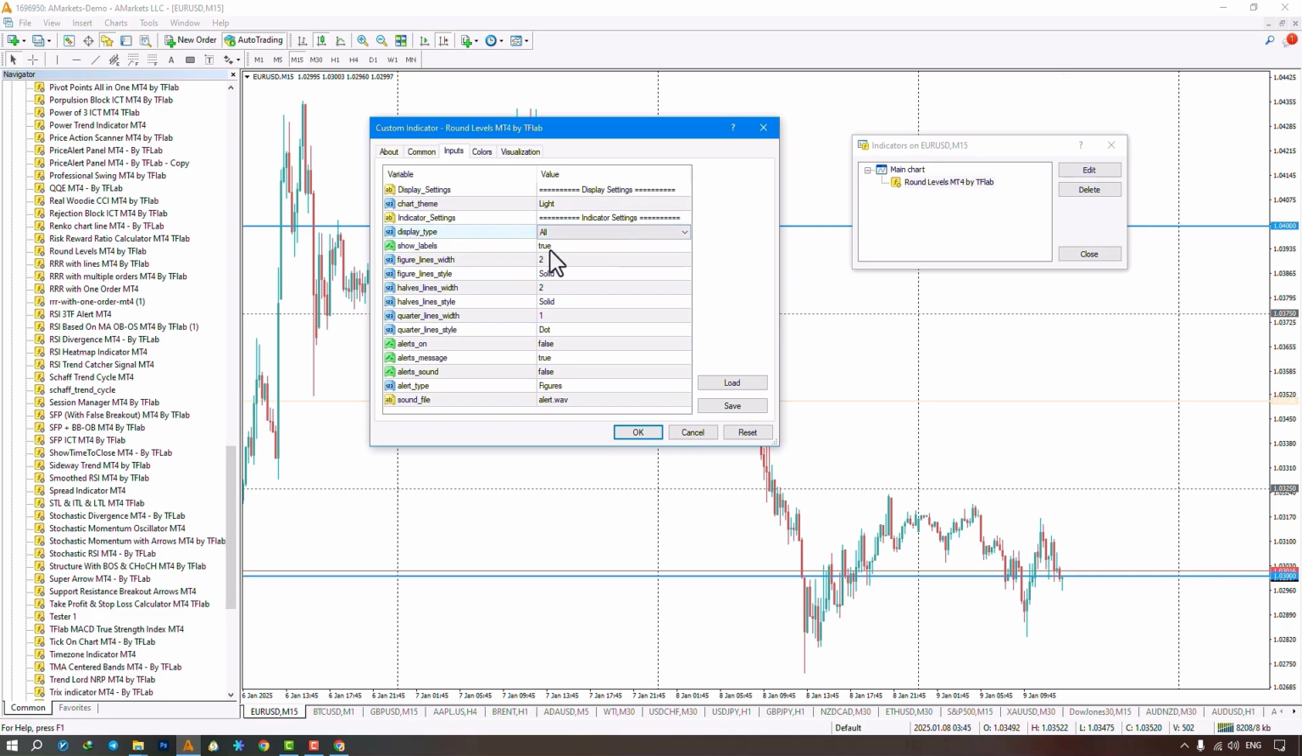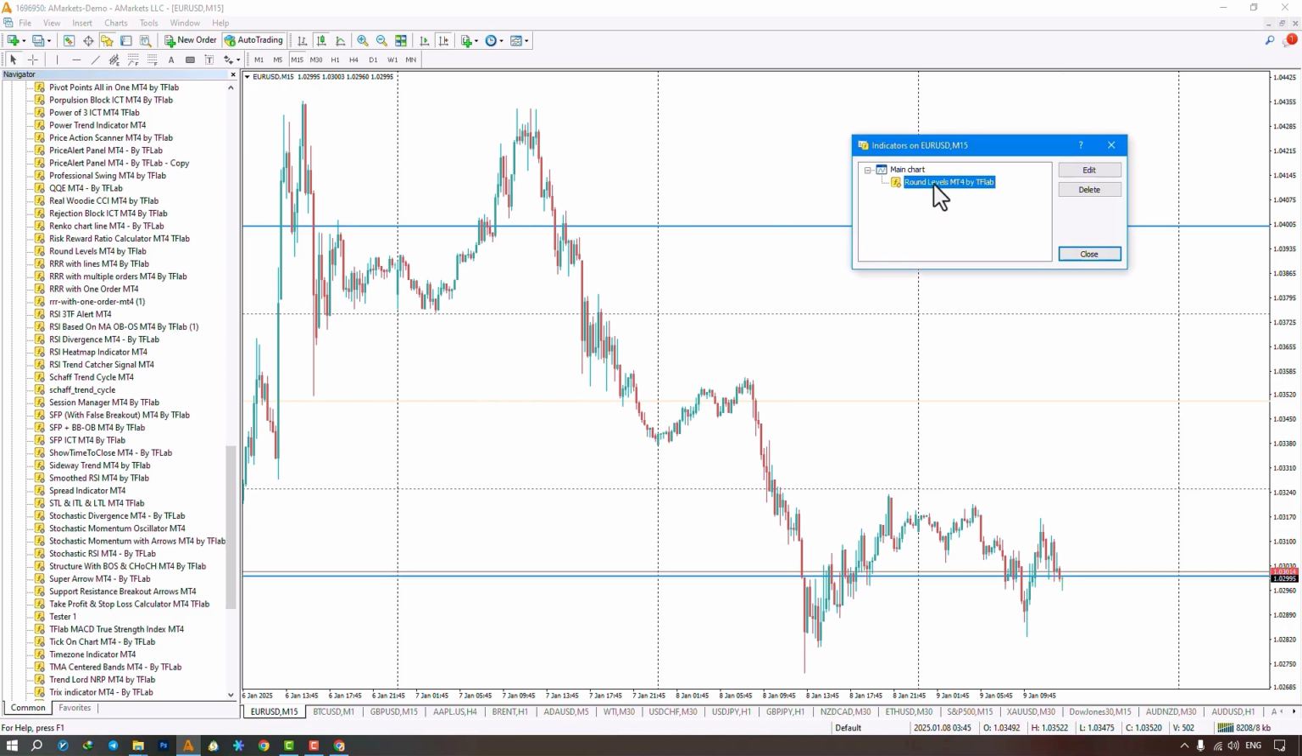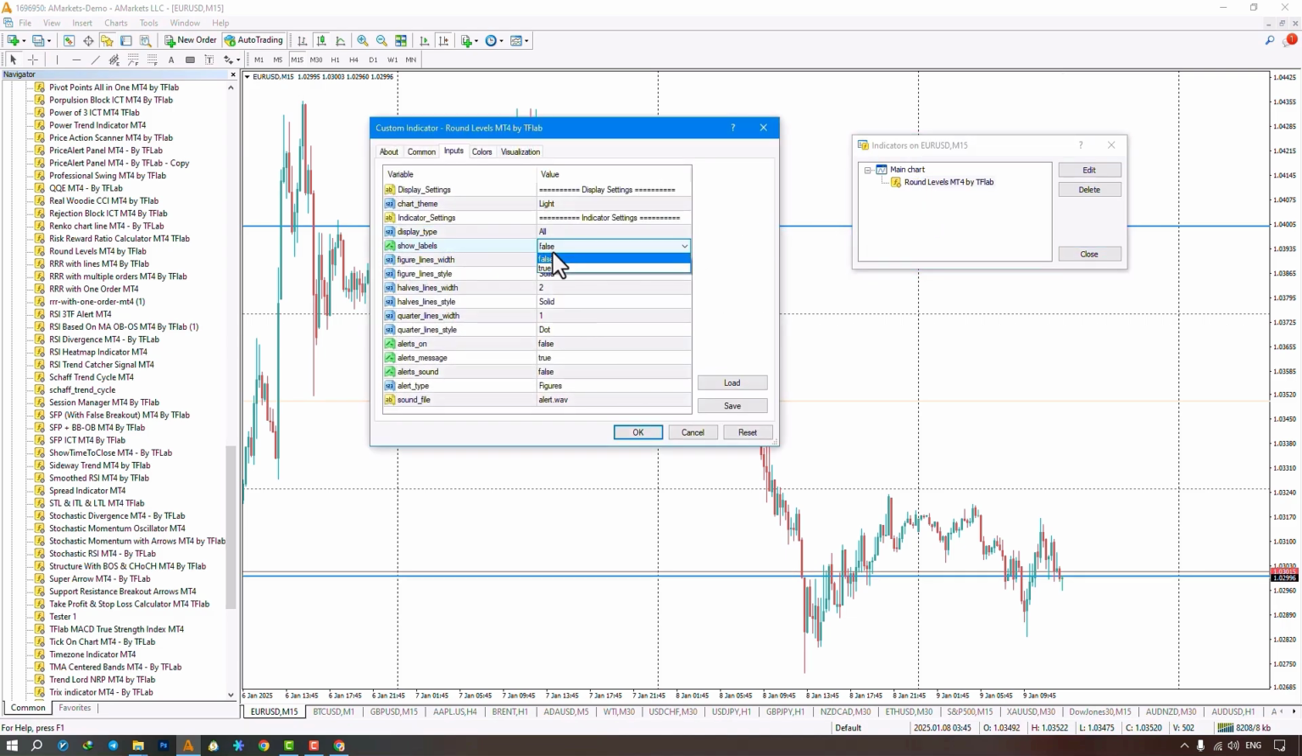In the next section, you can enable or disable the display of the bookmarks. By disabling this option, price tags will not be displayed for us. I will set the option to true. In the next section, you can select the size of the figure lines, which is set to 2 by default. You can select the type of drawing the figure lines, which can be selected as solid, dash, dot, dash-dot,